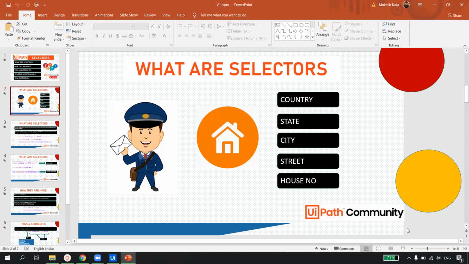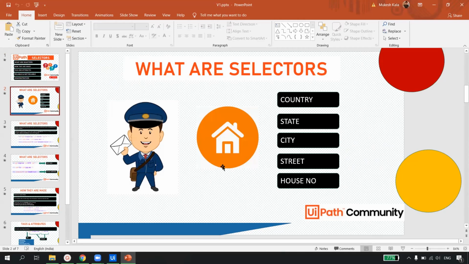Selectors. I know it's a powerful UiPath Studio tool that is used to easily identify elements. Correct, you are going correct.